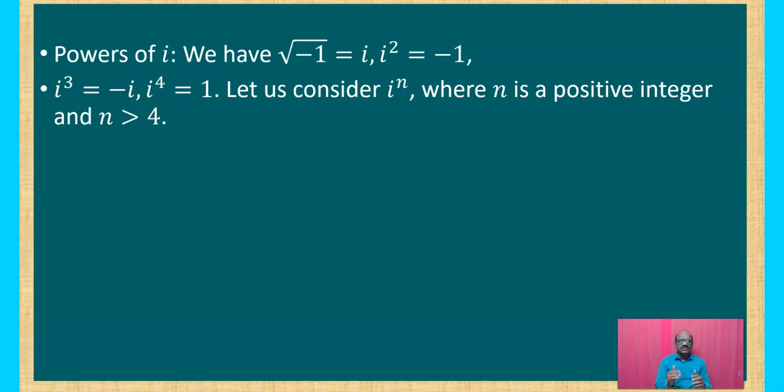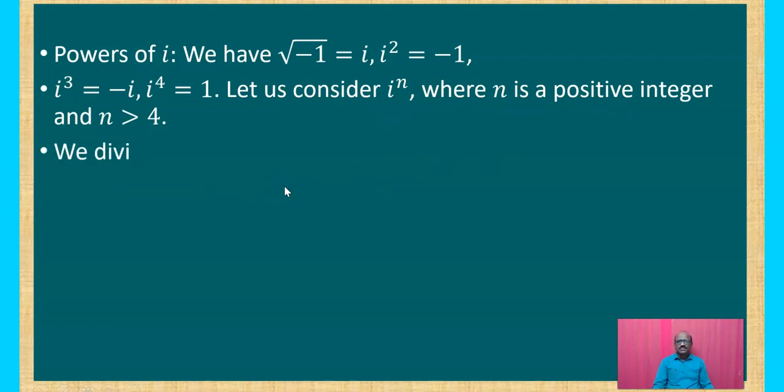But i square is minus 1, and minus 1 squared means what? It's plus 1. Therefore it is plus 1. i cubed means what? i into i square. But what is i square? Minus 1. Minus 1 into i is minus i. Let us consider i raised to n, where n is a positive integer and n is greater than